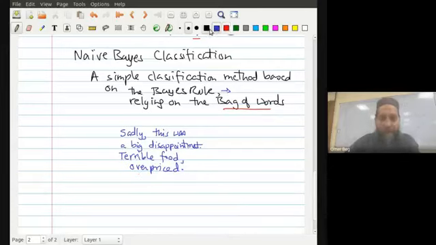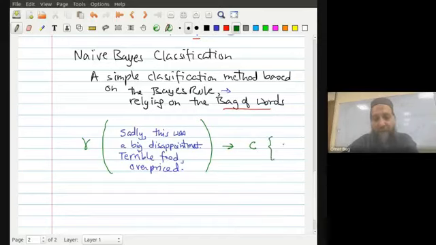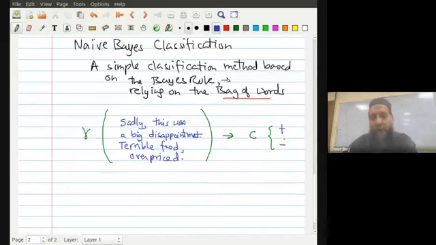Okay? So how would this work? How would the supervised classifier work? In short, what the supervised classifier, which is this gamma, is supposed to do is this: let's say you have a trained classifier. It takes this entire review as a parameter, and it outputs some class C, which may be from the classes positive and negative. So is it a positive review or a negative review, or there may be more classes.